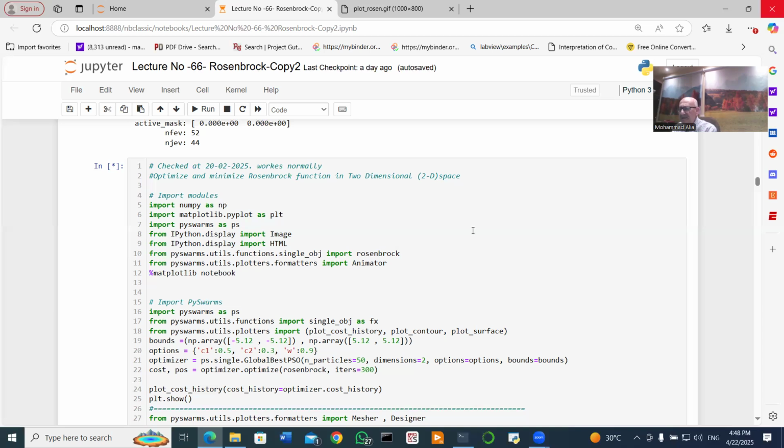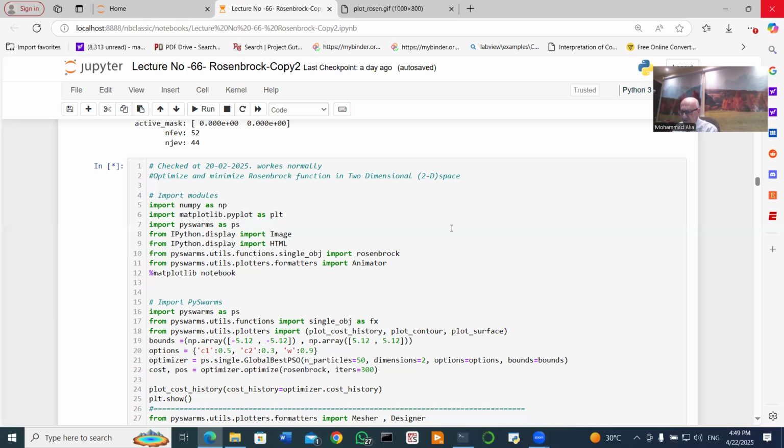today. So in the next lecture, I shall begin my talk with some summary about today's lecture, and then I shall work with you on optimizing and plotting the pyswarms motion in a three-dimensional space in order to see how all the particles really converge to the value of x equal to 1 and y equal to 1, as we shall see now with the pyswarms